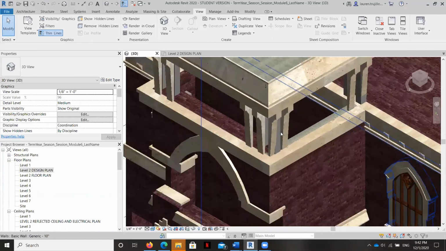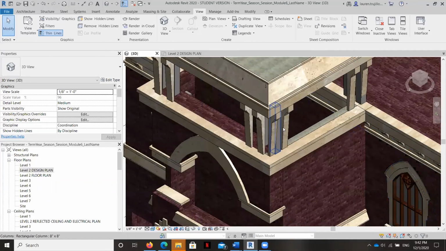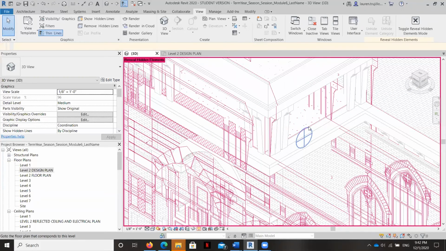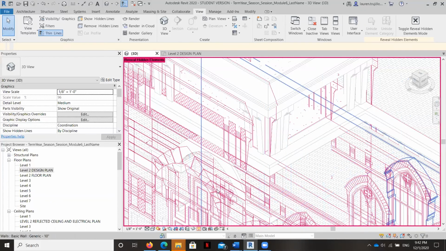For the structural, I'm going to begin by deleting the columns that we drew early on. Try to fix the visibility issue here that I'm having with the roof on the frontispiece. The frontispiece is just not showing up. The ceiling here is not showing up, even though it's showing up on the actual file for the frontispiece. And if I show my hidden elements, it's actually showing up here, but I can't grab it. So there's some little issue going on here, and I don't know what it is, but I'm going to do a little workaround for that part.